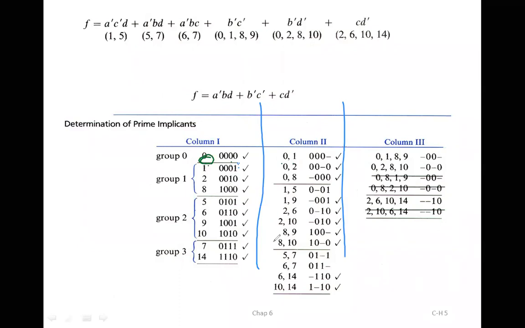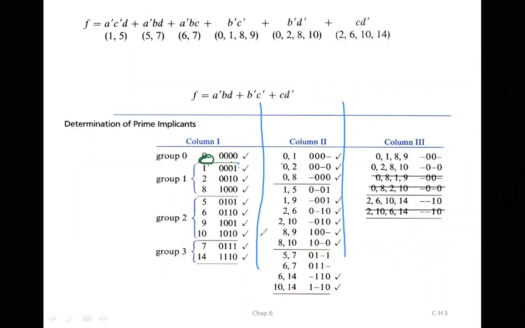Next, what I should do, I should compare group 2 with group 3, which means 5 should be compared with 7, 5 should be compared with 14 and written. So I compared 5 and 7, there is 1 bit change in the third position, I have written. But 5 and 14 I cannot compare because more number of bits are changing. Then again, 6 should be compared with 7, 6 should also be compared with 14. So 6 with 7, 1 bit change is there. 6 with 14, 1 bit change is there. So 7 is also taken, 14 is also taken.